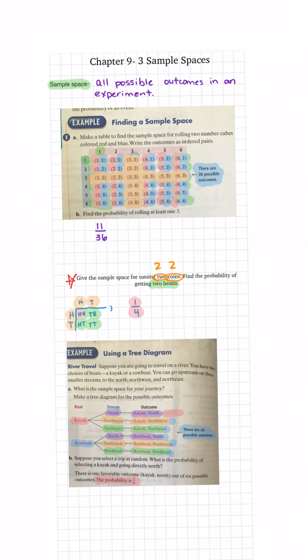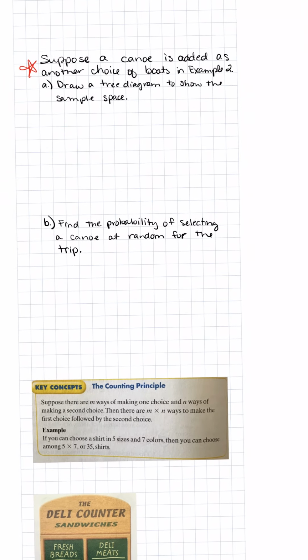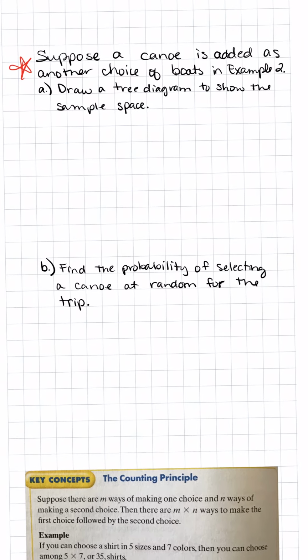Up here, there was a 6-sided dice, and the other dice has 6 sides. 6 times 6 equals 36. Okay, so it's important to realize and be able to diagram these, but I want you to also know how to solve them without drawing pages of